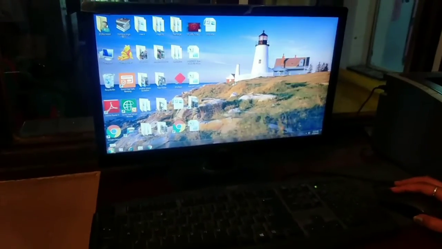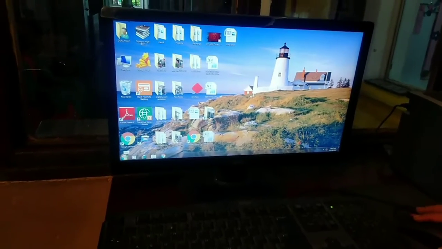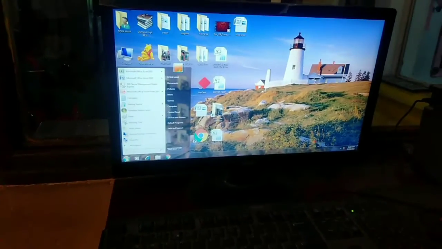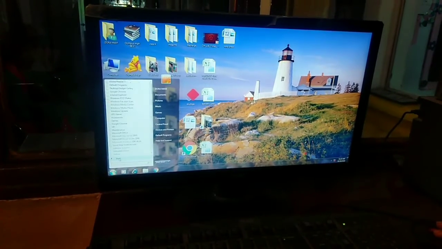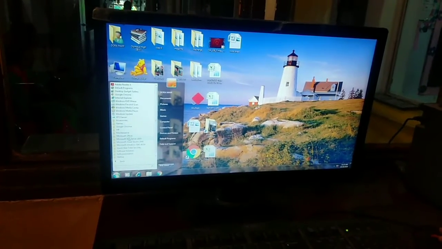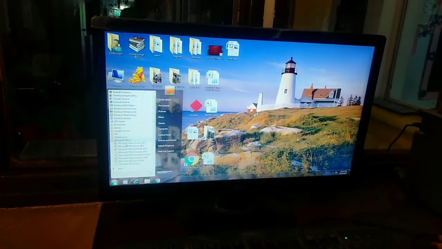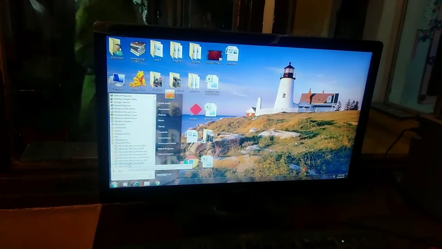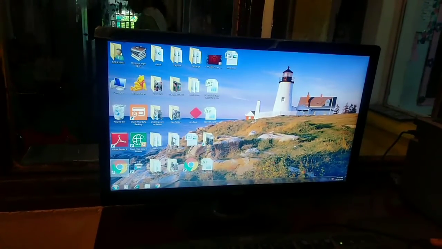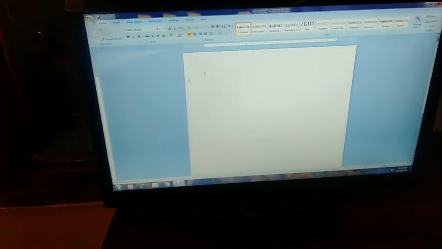See, as I told you, this is the start button. It is also in a circle, a circular button. I'll click on the start button. Now, we'll click on All Programs. Here I'll select Microsoft Office. When I click on Microsoft Office, all its options will appear on the screen. Microsoft Word. This is how your MS Word screen looks like.